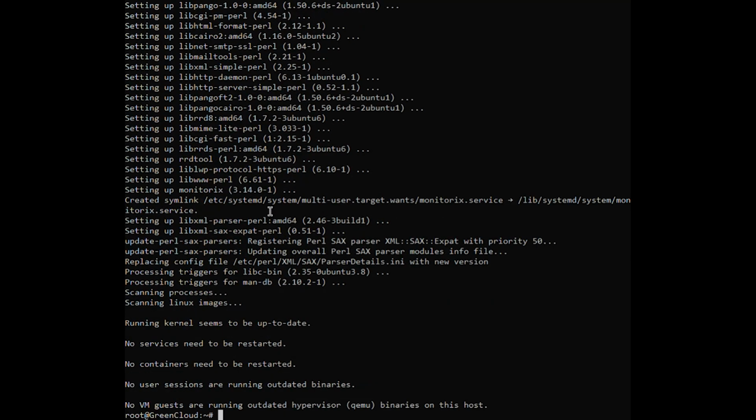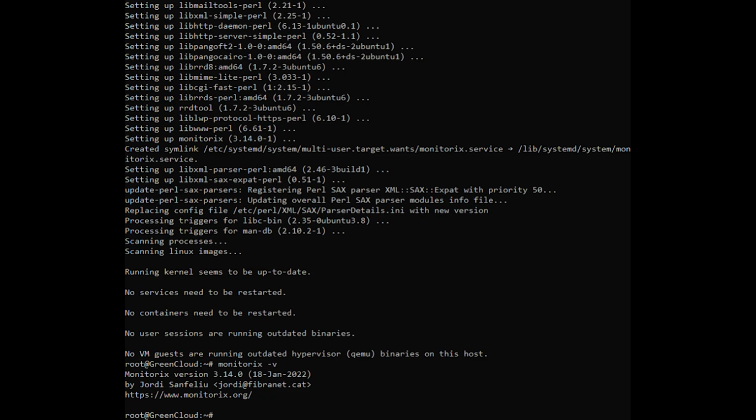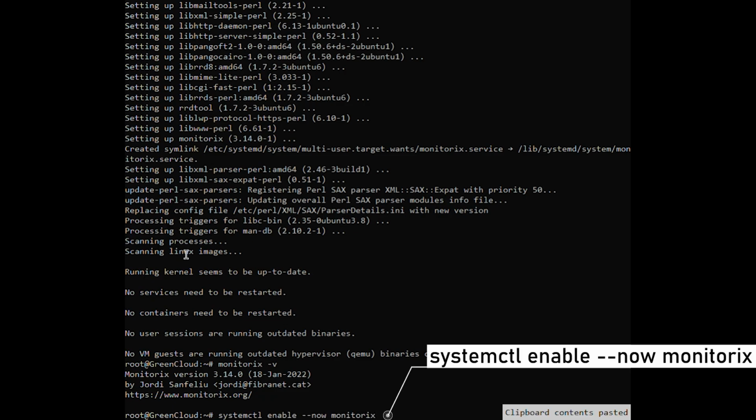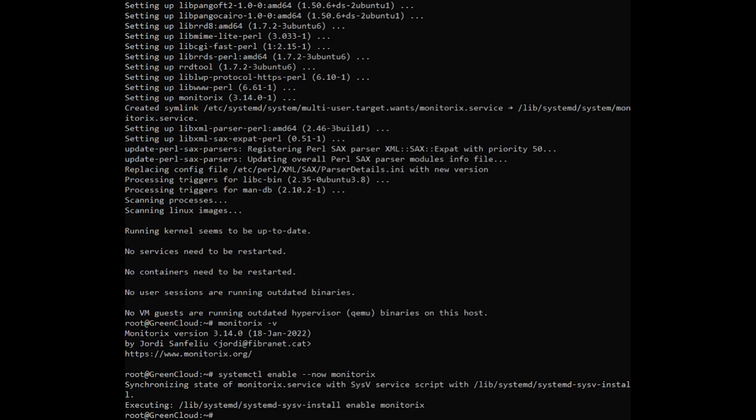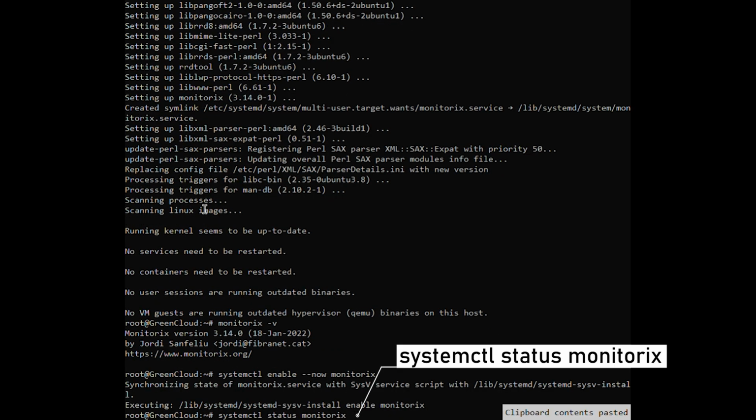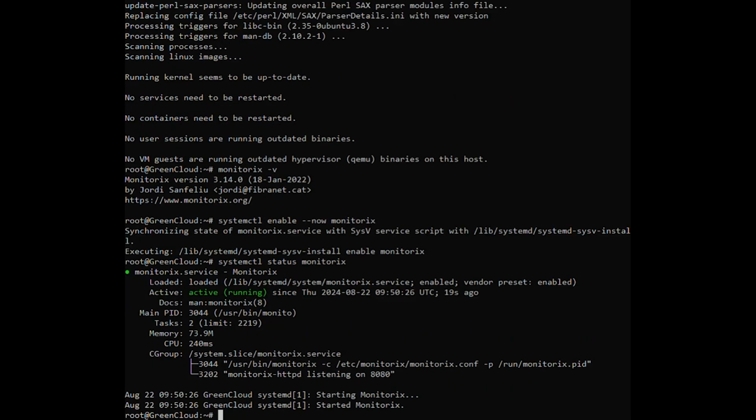Next, check the Monitorix version. Then, enable Monitorix by using the following command. After enabling, check the status of the Monitorix. By default, Monitorix listens on TCP port 8080. You can verify this by running